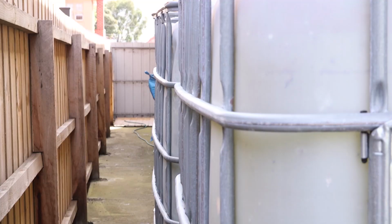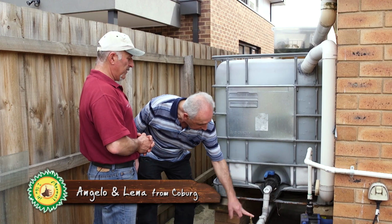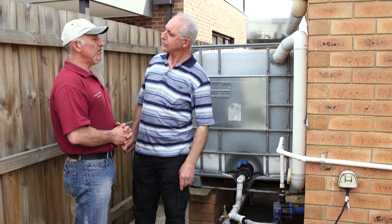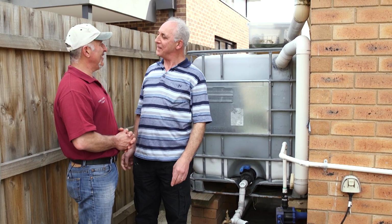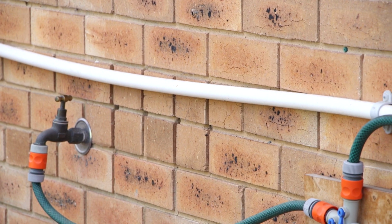You've got 2 tanks here. Wonderful, 2,000 litres. Yes, and I hooked them both up together. Right there, and I got a tap, and of course it goes through my actual pump, and then. Who did all this? I did. What was your profession? Jack of all trades. Jack of all trades. I can see that. Should I run out of tank water,